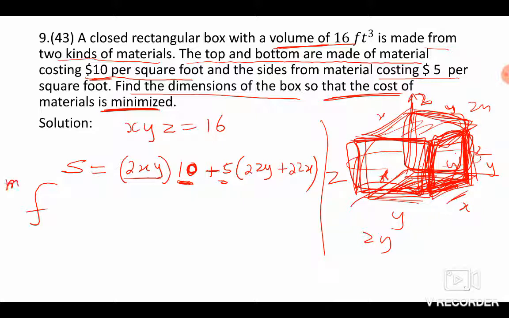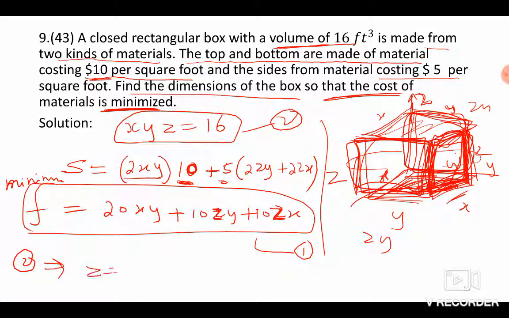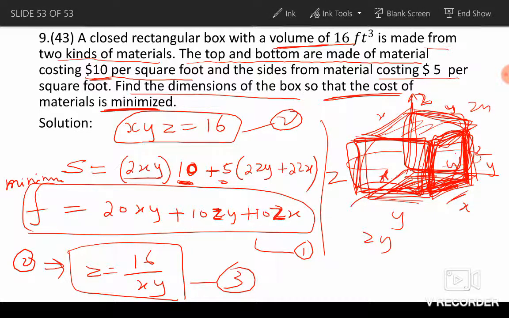Minimize this: 20xy plus 10zy plus 10zx, isn't it? This is the function to be minimized, and we don't want z, we want a function of 2 variables, so z can be eliminated using equation number 1. You can take this as equation number 1, this as equation number 2. Equation number 2 gives z equal to 16 over xy. When you substitute this result 3 in 1, what we get is